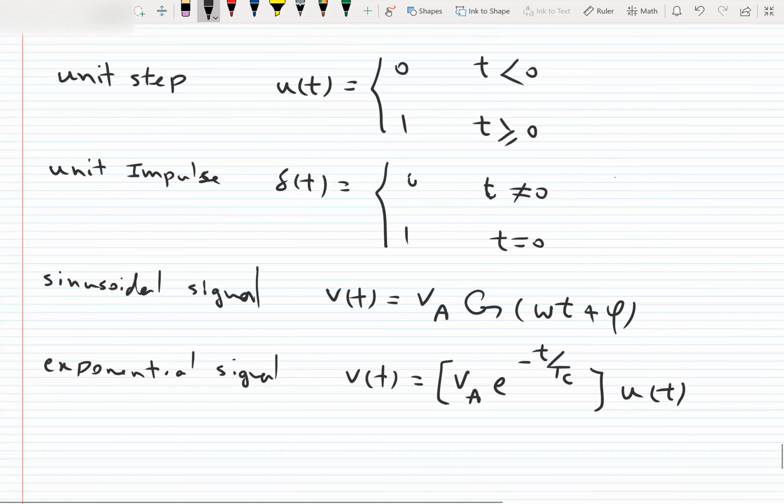These are the general and basic signals, and now we want to combine these signals to